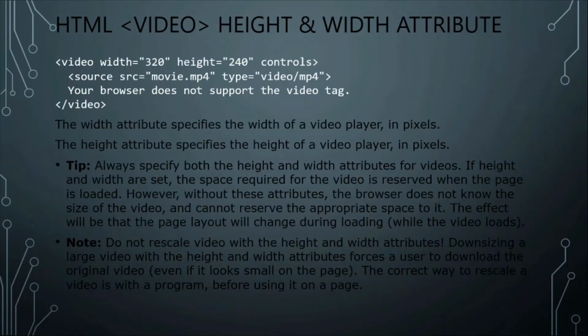Here comes the height and the width attribute. So the width attribute specifies the width of a video player or the video in pixels, and the height does specify the height of a video in pixels. Okay, so here is our example above. You need to see this width. It will define the width as 320 pixel and height as 240 pixel. You don't have to write px after the numbers in the width and the height. Okay, as it is not required much. So by default we can write the numbers, but if we want to, we can also write the px after the numbers.